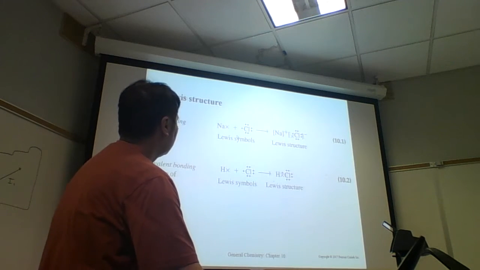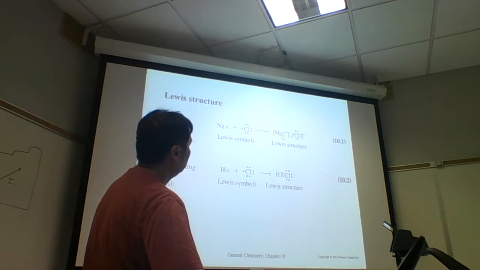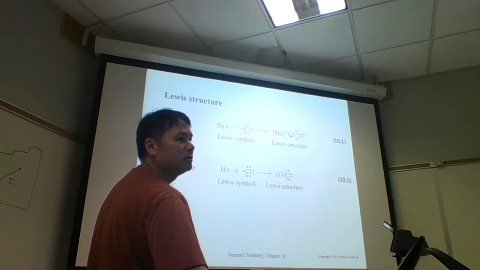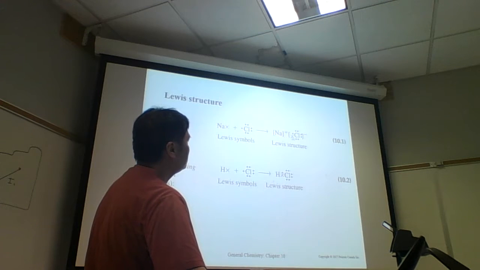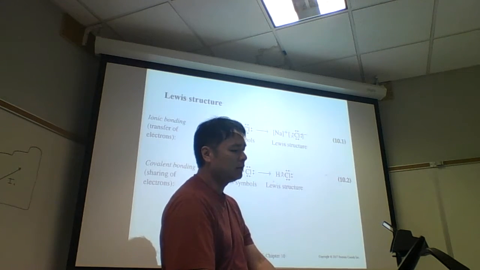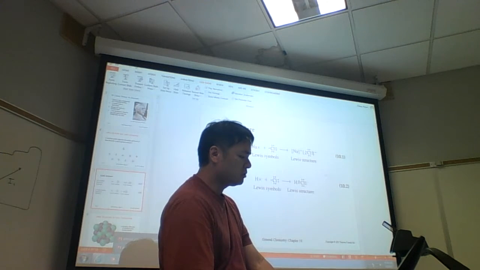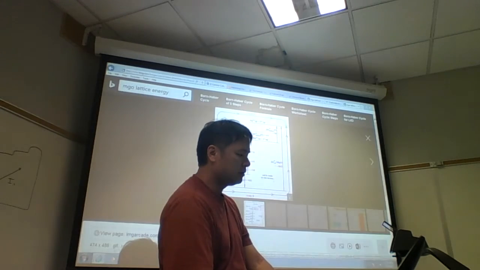Here's creation of an ionic bond. If we have sodium and chlorine react, this forms a lattice. Remember the lattice? This is just showing one of the ionic bonds, but in reality, there's a heck of a lot. If this is a mole, we've got a lot of bonds. It's not just one. This is why lattices are so